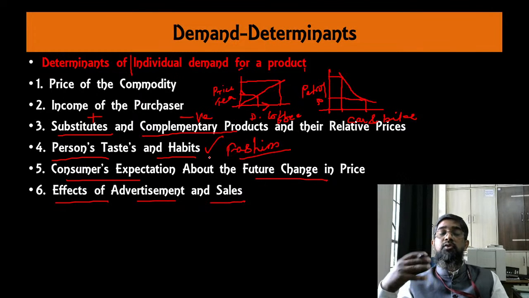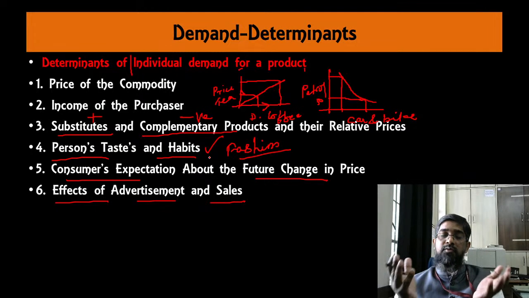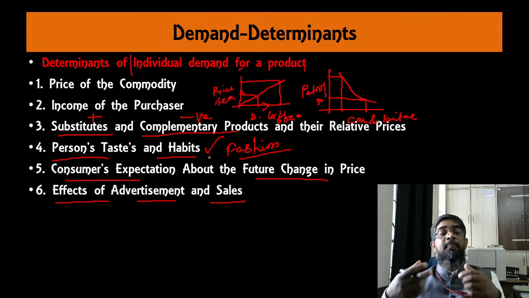कोई चीज़ जैसे यू सी स्मोकिंग, टोबैको प्रोडक्ट, अल्कोहल, पीपल आर हैबिचुअल टू दीज थिंग्स. So irrespective of rise in price, irrespective of fall in income, people consume these products. Okay, so taste and preference play very important role. Taste and preference के वजह से, habit की वजह से लोगों की डिमांड फिक्स रहती है. हैबिचुअल अगर हो गए, चाहे प्राइस बढ़े घटे, आपकी इनकम घट जाए, फिर भी आप बाकी चीज़ों को कॉम्प्रोमाइज़ करते हो. उन चीज़ों को जो कि आप हैबिचुअल हैं उसकी कंजम्पशन ख़त्म नहीं होती, वो कंटिन्यू रहता है.